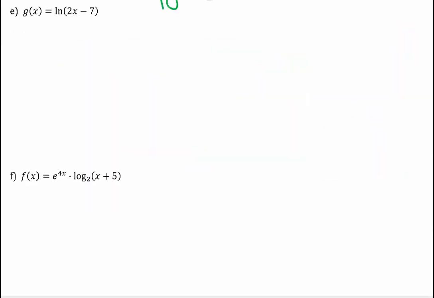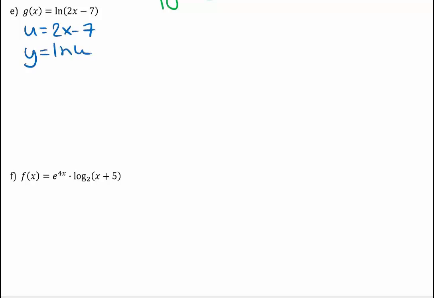Example E, g of x equals natural log of 2x minus 7. So I have to ask myself: product rule, quotient rule, or chain rule? And this is a chain rule problem. The 2x minus 7 is actually inside that logarithm. It's not being multiplied. So the inside function is the 2x minus 7, and the outside function we could write